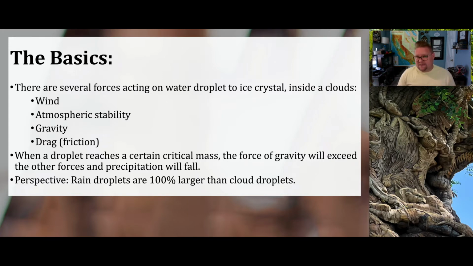Now, to put it in perspective though, rain droplets are about 100 times larger than the very, very small droplets that are found inside clouds. So it's just kind of interesting to put that in perspective, that when we see these beautiful clouds floating by, depending on which type, generally nimbus or rain-bearing clouds, but even at that point, those clouds that are floating by that do have water droplets within them, they're very, very small, and that's why they're able to